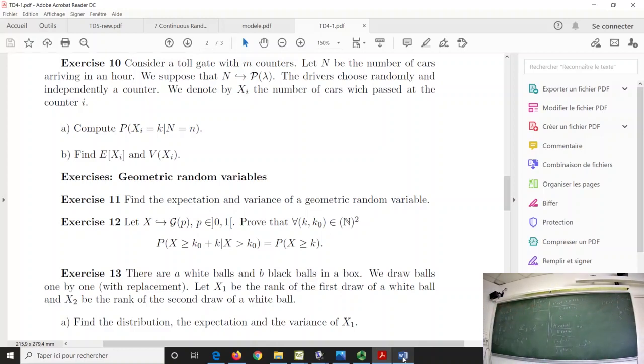So for discrete, it's sums that we have to use. The known ones, we have two mainly: the one dealing with the exponential and the one dealing with the geometric. For the other ones, it's finite sums, so it is a little bit simpler. In the case of a continuous random variable, it will be integrals for the exponential, the uniform, the Gaussian, and so on. So are you okay with my solution here?